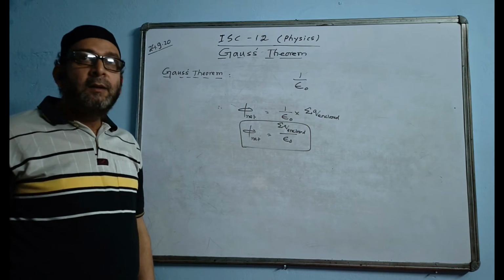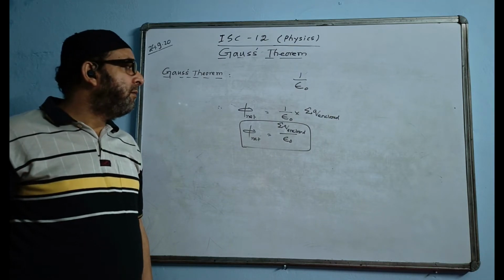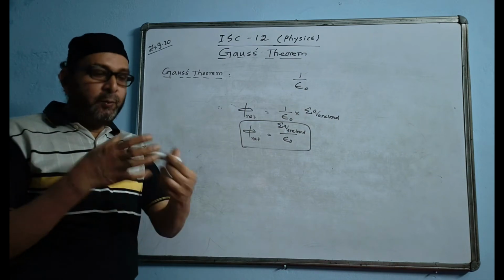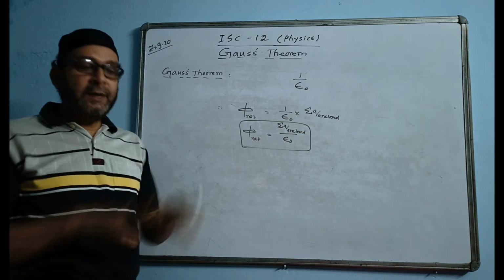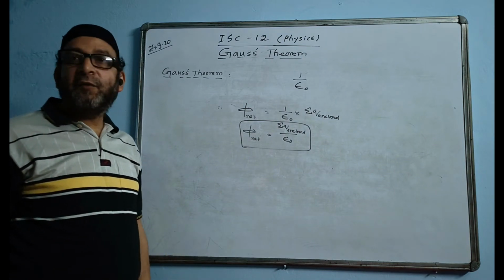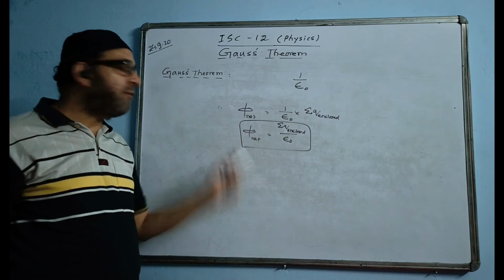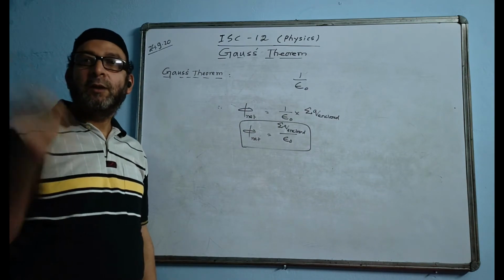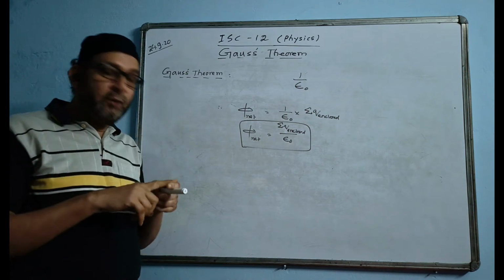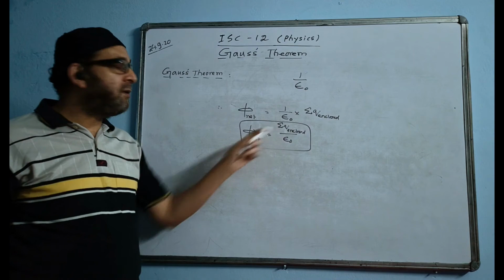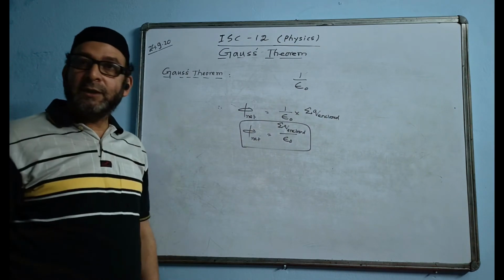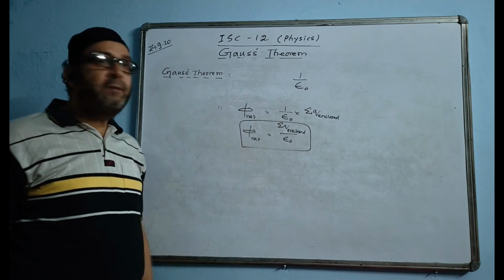Okay. If they are saying that there are charges plus q and minus q, that is a dipole. A dipole is placed in a cube. What is the flux emerging out of the cube? The answer will be 0. Why? Because in a dipole we have two charges, one is plus q and another is minus q. What is the sum of the charges? Plus q minus q, the answer is 0. The sum of all the charges is 0, so the flux value will be 0.